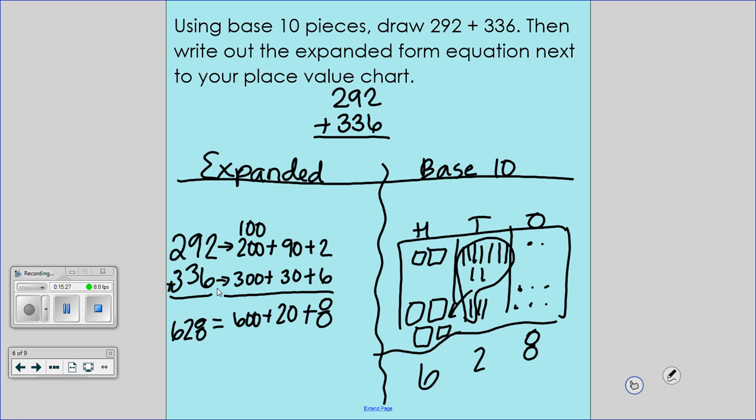Now here's a little secret. I'll probably get in trouble for saying this. That's fine. If you like base 10 drawings and you get the answer right every single time with base 10 drawings, do it. When I give you your test next week and there's addition and subtraction, even though I've taught you shorter ways, if this is the way you are most comfortable with and this is the way you get right,